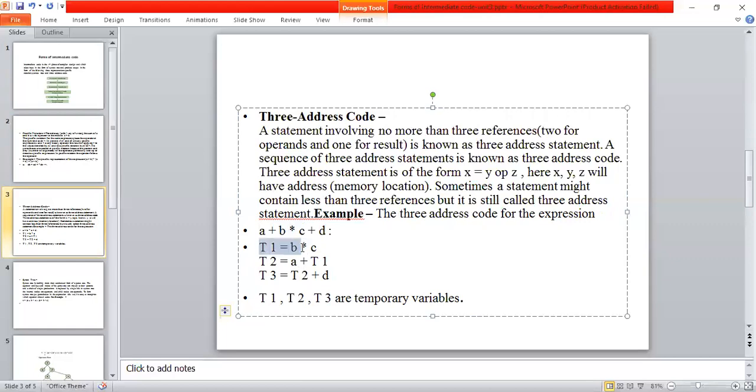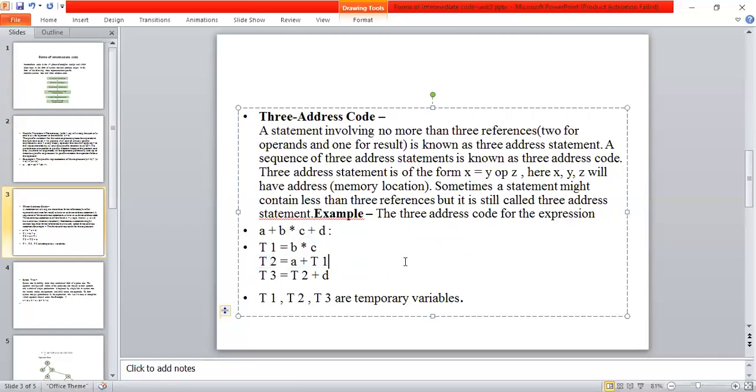Observe clearly, here I have three addresses: 1, 2, 3. Next, this value is in t1. Then this t1 I'm adding to a, so it can be represented as a + (b * c), where b * c is available in t1. Adding these two values, I'm storing the result in another temporary variable called t2.